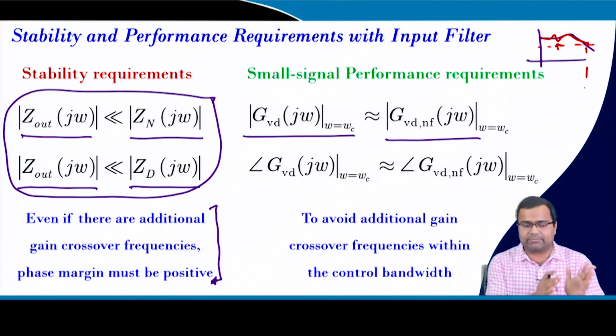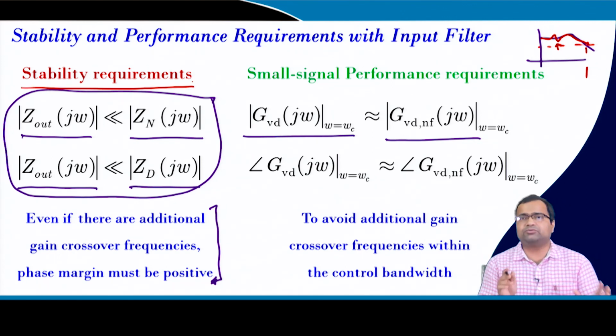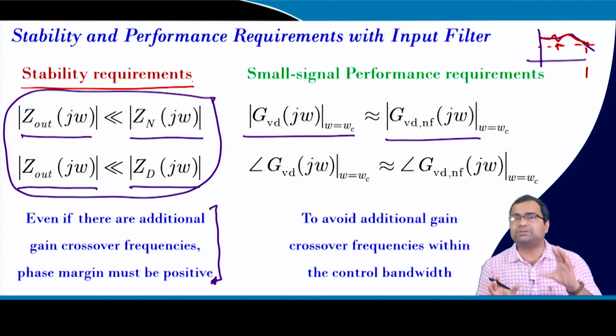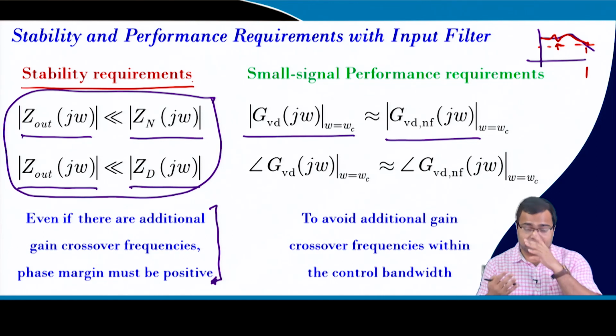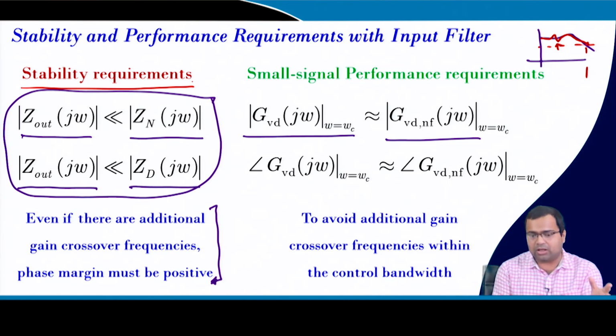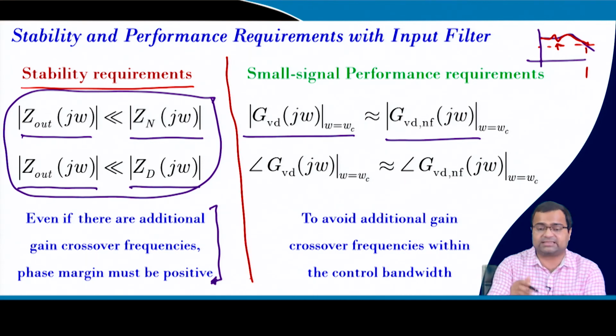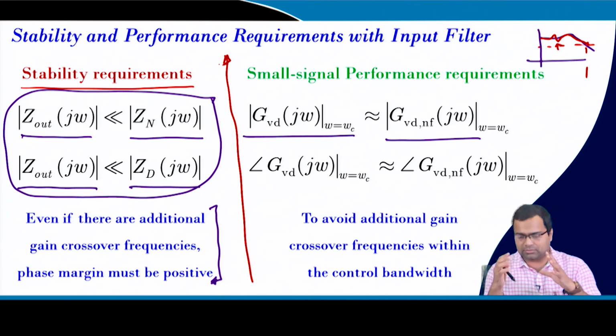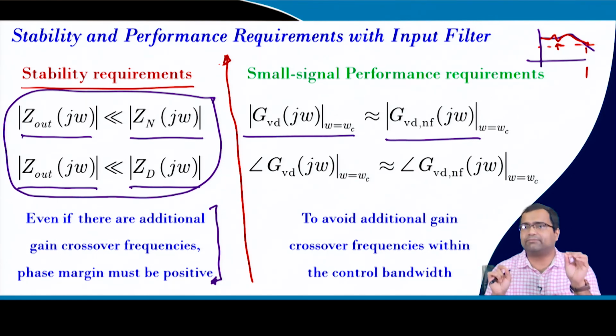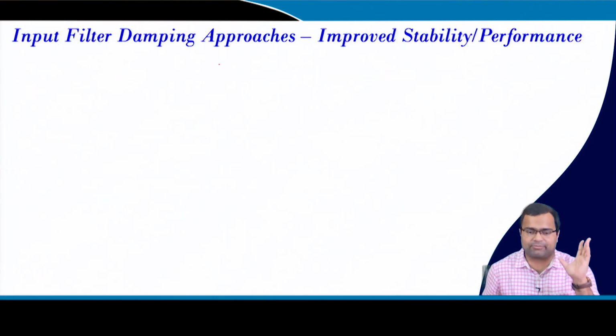So, that means one is the stability criteria, that means with input filter we want to make sure the converter is stable, but this is not sufficient because it will impact the transient performance. In fact, we saw even with the source impedance, the behavior of the converter was different. We will take this in the design case study later, but we want to make sure that the cutoff frequency is not affected and phase margin is not affected, then we can maintain the similar transient performance.